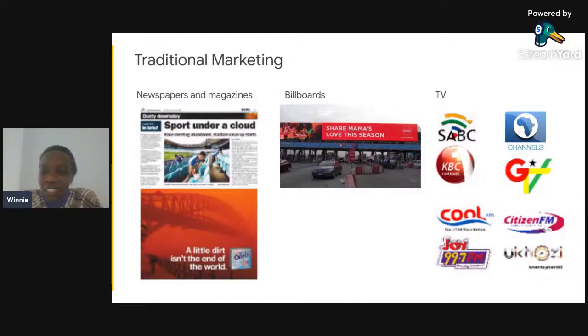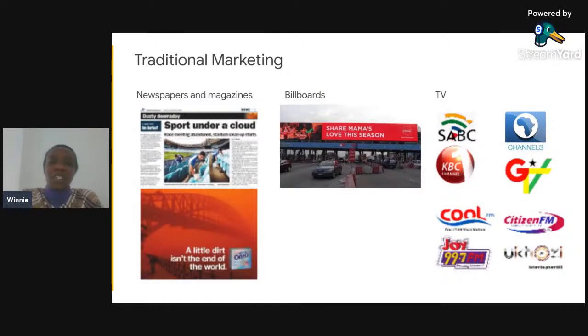We have billboards, yes. Billboards are still a big deal, even in today's age. Generally you just place it at a fee, depending on the size of your advertising, and that will be published. Especially with billboards, we are moving into smart billboards. I don't know if you remember, last year Safaricom championed a smart billboard.